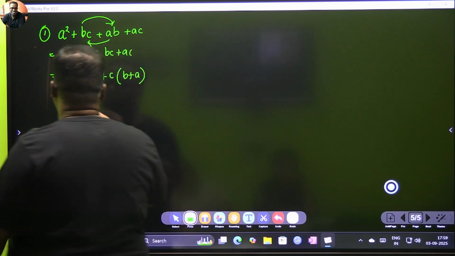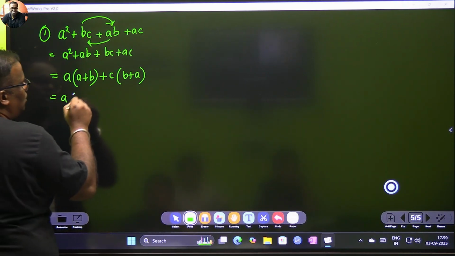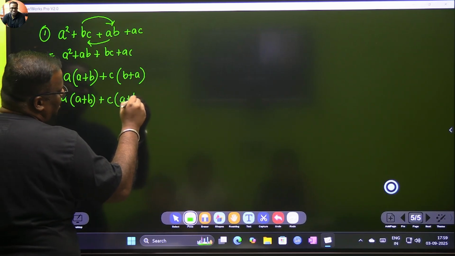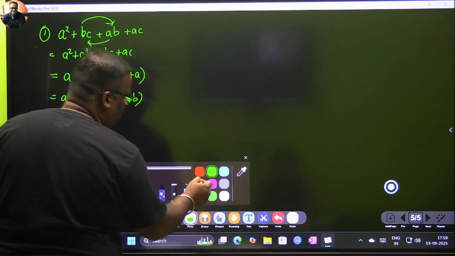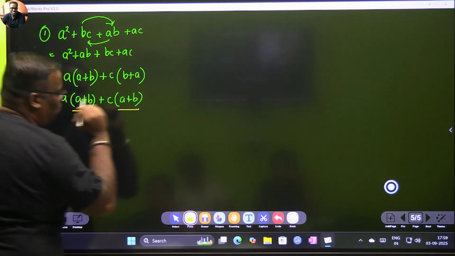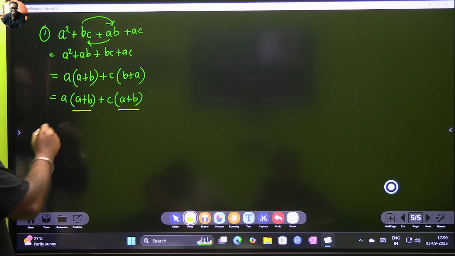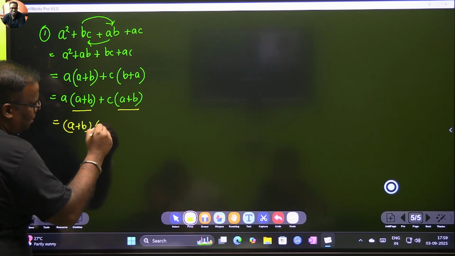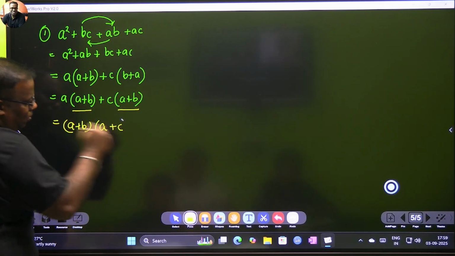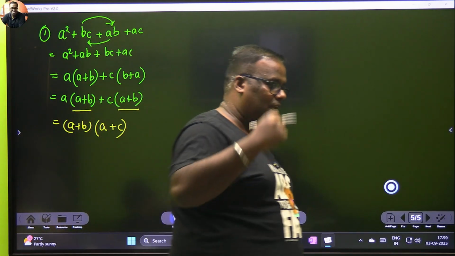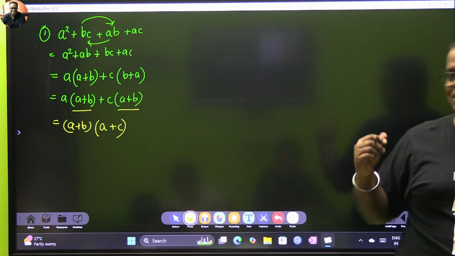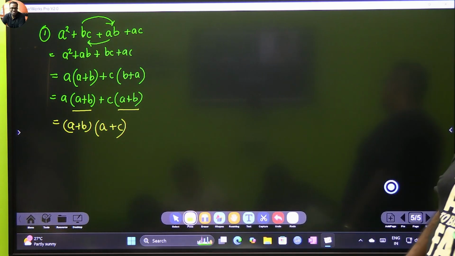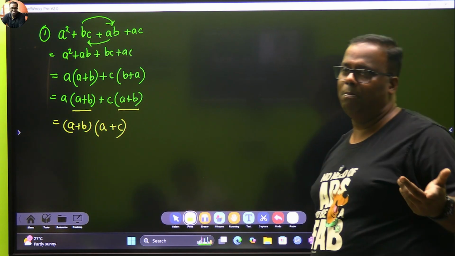So in our next step, what do we do? A into A plus B, and we change this also to A plus B. Now ask yourself, what do I ask? Cow, cow, cow, cow. So we take the cow common. If you take the cow common, then you have what? Meow and meow. Problem done. Tell me, in your school you will never learn like this. Cow, dog, dog, God. God has become dog. Dad is always dad. Pop is always pop.